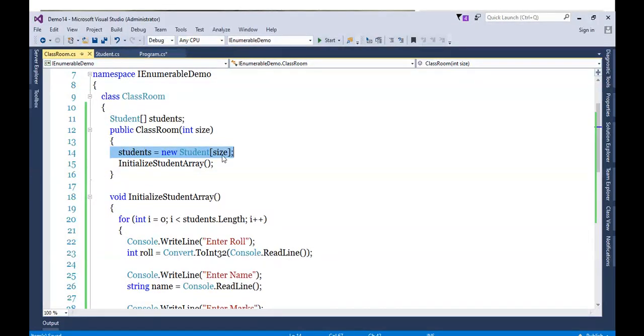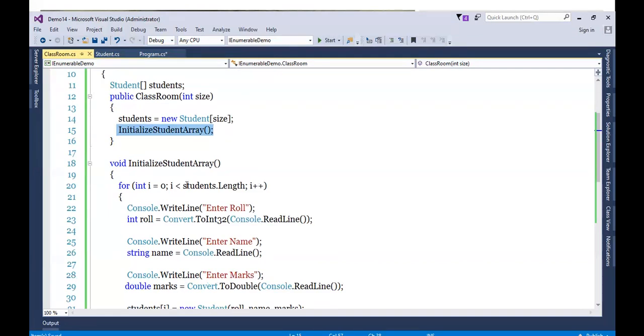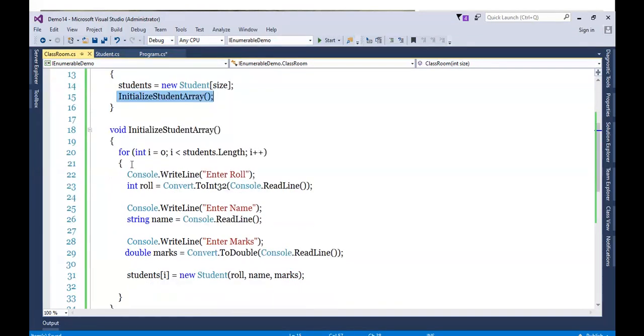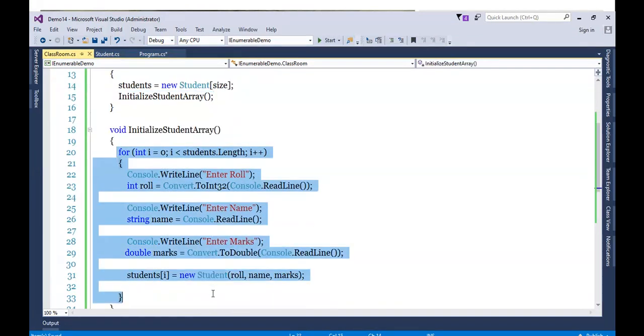To place the values in this array, I called a method called initialize student array, because I want it to be dynamic. So dynamically I accepted all the values from the user, and accordingly the student array will be initialized.